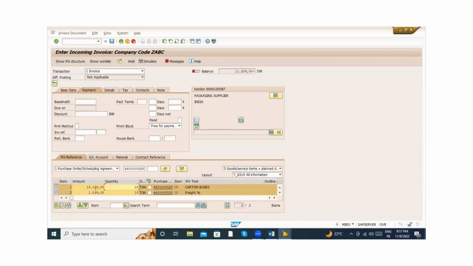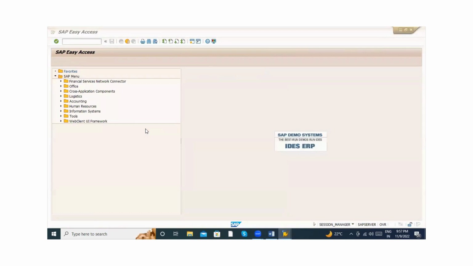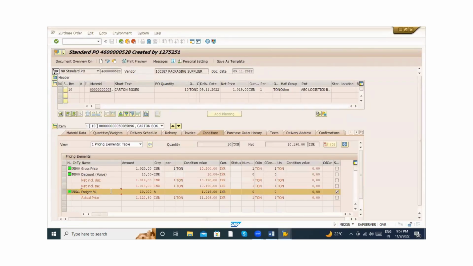It will be added both. So one is goods receipt, goods value, and the second one is freight cost. Okay, is it clear? So you can see here, this is the freight cost and this is the material cost which you are posting. Okay, so when your client is asking that I don't want to add freight cost in the net price